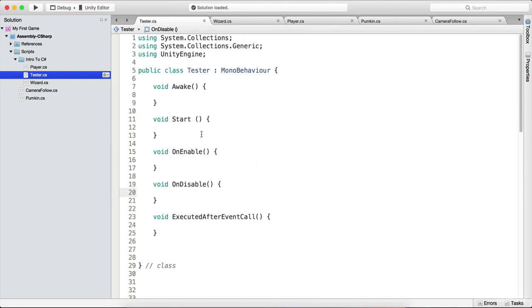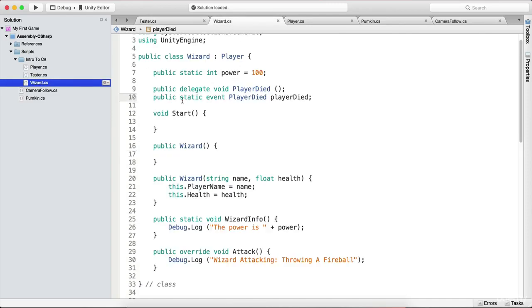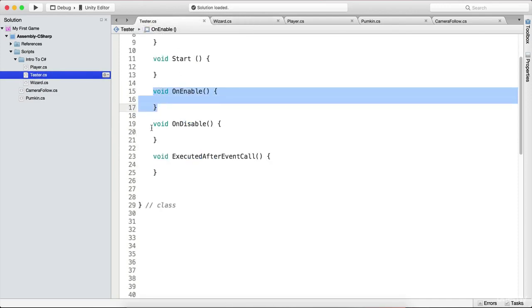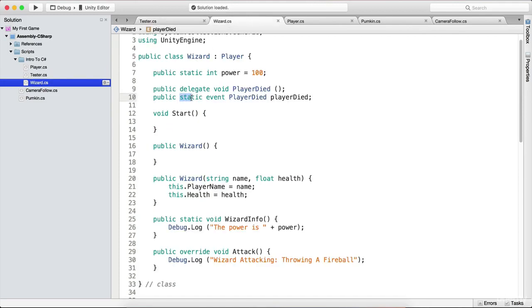And why did I explain all of this right now? Well, because the best functions to subscribe and unsubscribe to an event from a delegate are OnEnable and OnDisable. Now, how can we subscribe? Well, since I've made the event static, we can access it by calling the Wizard.variable name, and the variable name is PlayerDied. So we can access this event by using